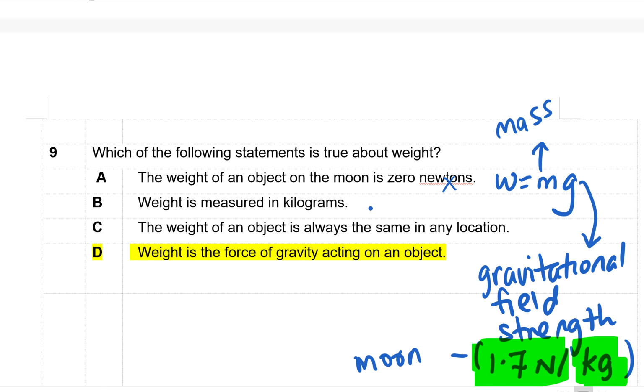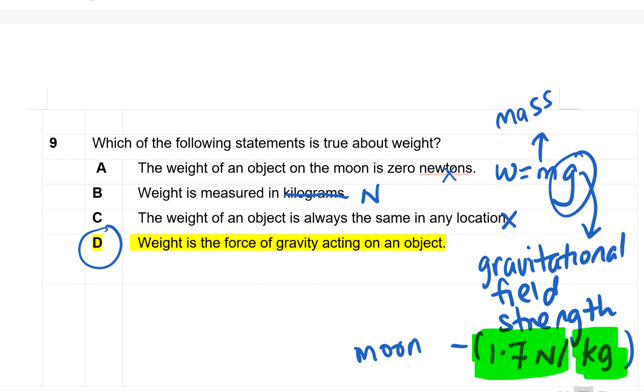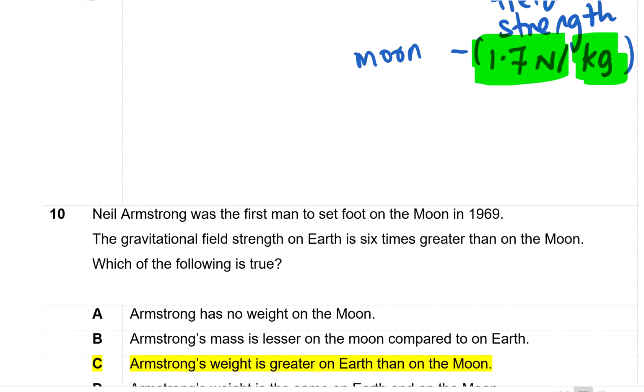No, weight is gravitational force. It's a kind of force, so it is measured in newtons, not kilograms. The weight is always the same in any location? Again, it's force. You go to a different planet. Of course, within the Earth, the variation is not very large. Even when you go right on top of a mountain, the g is just very slightly different from when you are at ground, at sea level. But if you go to another planet, the g value may change, then the W, the weight, will change. Okay, so D is the correct statement. It's the force of gravity acting on an object. So question 10,